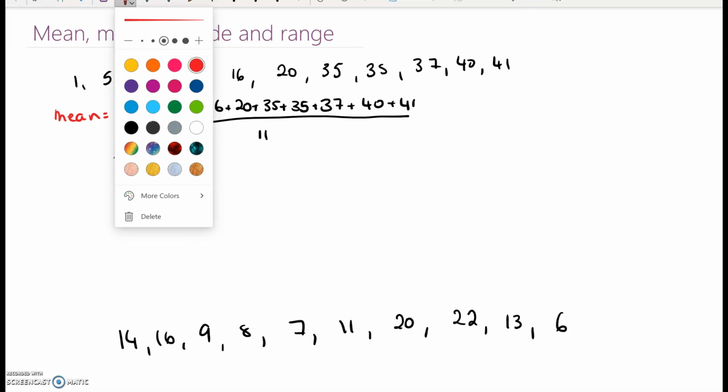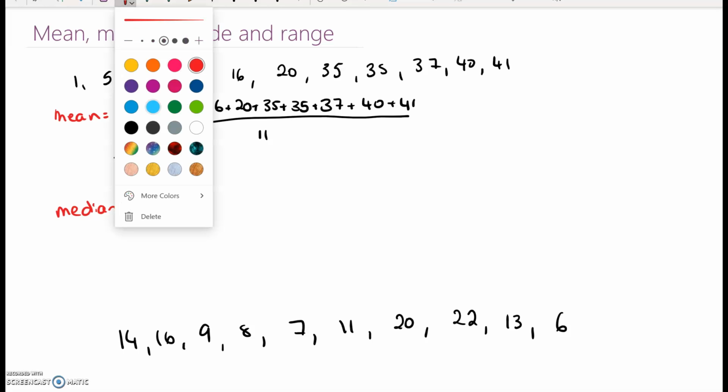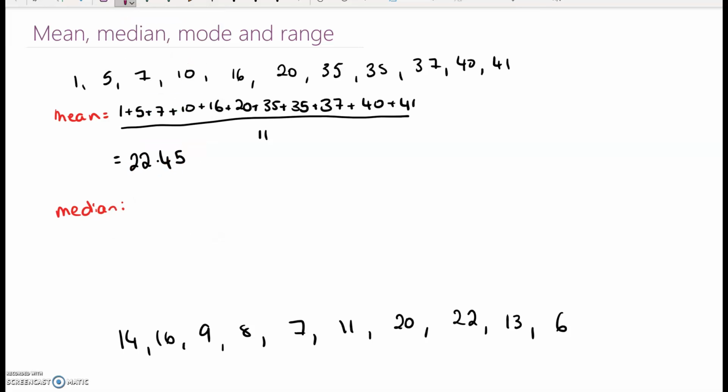Now, like I said earlier, for the median it's really important that all of your values are in order. In this example, they are in order, so we can go straight away and find the median. The easiest way of doing this, not always the best way because it depends on how many numbers you have in your data set, is just to cross off one number from the top, one from the bottom, and then work your way inwards until you have one remaining value left over. Ooh, except that I have,